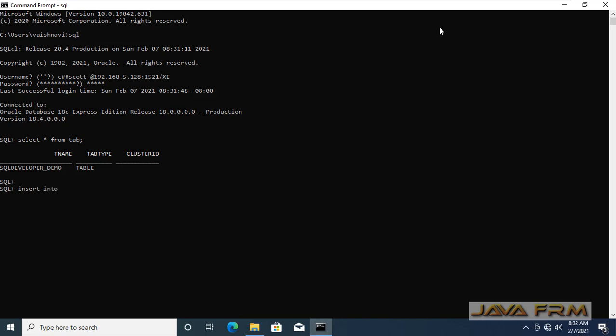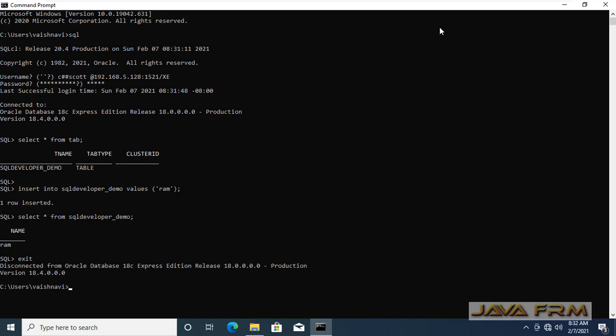Let me insert one record here. Yes, it's fine. So through Oracle SQL command line, I am able to connect to Oracle Database 18c Express Edition. This is the syntax used to connect the ordinary user available in the database.